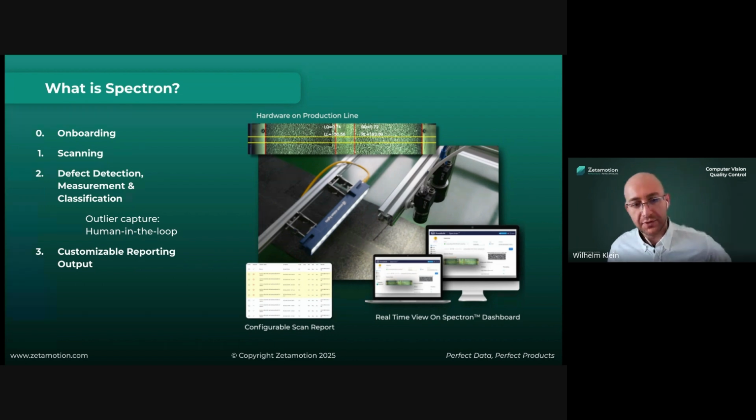The system is also as close as sensor agnostic as you can get, which means that for a given job, if you already have vision hardware in place, we can just interface with whatever comes out of that system. But let's say if you're getting started from scratch and you're currently still at manual inspection mode, we would be there to help figure out what is the right kind of hardware, what is the right kind of sensors that you require, and then put that together for you, as in